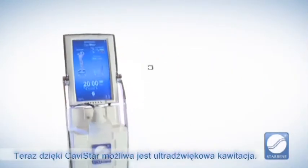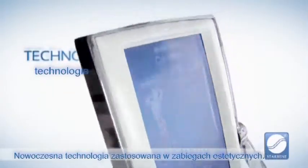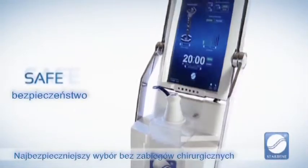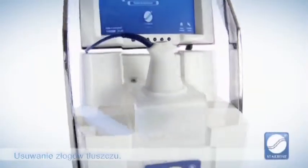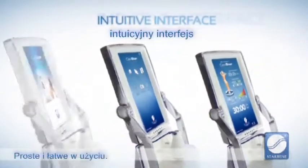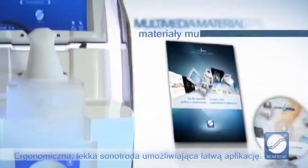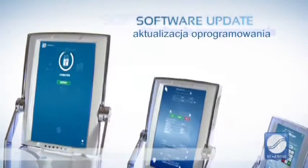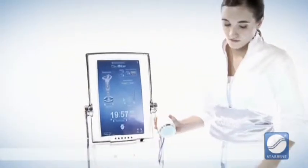Nowadays, ultrasonic cavitation is possible thanks to Cavistar, avant-gardist technology at the service of aesthetic science, the safest choice, non-surgical liposculpture. It destroys adipocytes. Compact ergonomic design, state-of-the-art software, intuitive interface, user-friendly and simple, ergonomic handpiece, a light handpiece for a comfortable application, multimedia material for training, constant software update, customized patient's protocols, the best result for each need, and